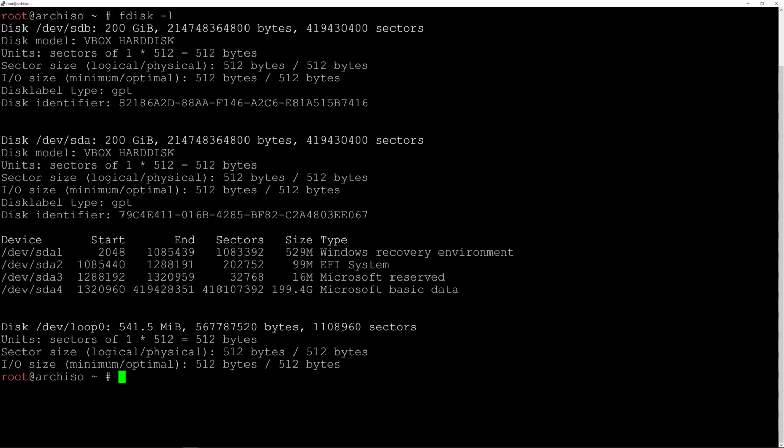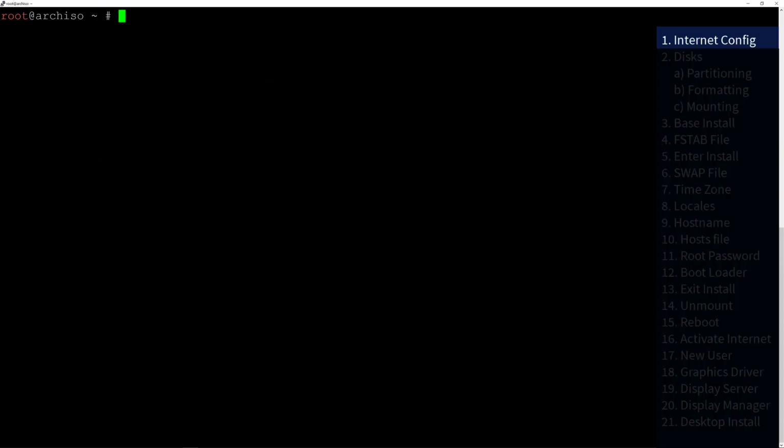And then we have an SDA hard drive, which has already 4 partitions on it. We have SDA1, which is the Windows recovery environment. We have SDA2, which is the EFI partition. We have SDA3, a Microsoft Reserved partition, and SDA4, where Windows is actually installed. So I need to install Arch Linux on SDB, on the second disk. And I want to install GRUB, the bootloader, on SDA2, which is the EFI partition where the GRUB bootloader is going to be booting. So let's clean up the terminal, and first things first, let's check our internet connection by